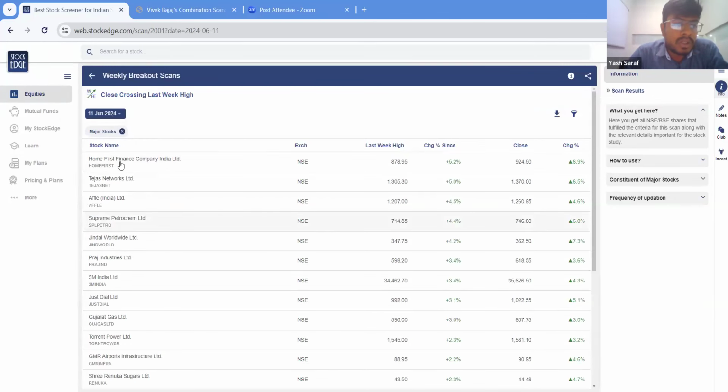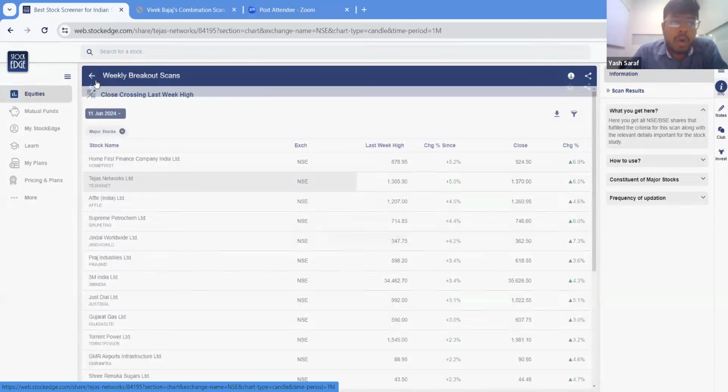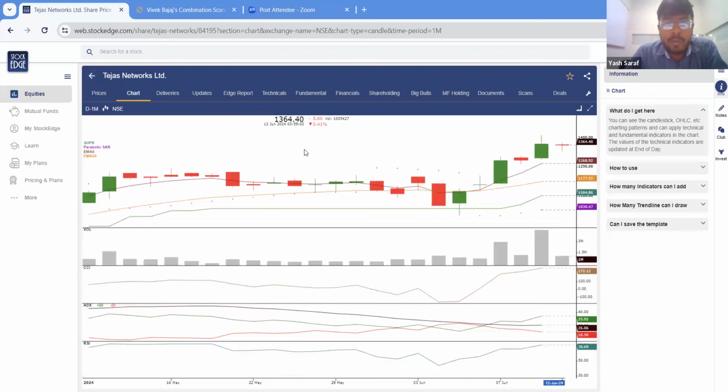So let's get back to today's results. So that was Home First Finance Company. As we have seen कि स्टॉक ने आज 4.5% का मूव दिया, एंड आई एम नॉट सेइंग कि सारे के सारे स्टॉक्स ने आज अच्छा मूव दिया होगा या नहीं दिया होगा। फॉर एग्जांपल इसके अंदर एक फ्लैट मूव आया,